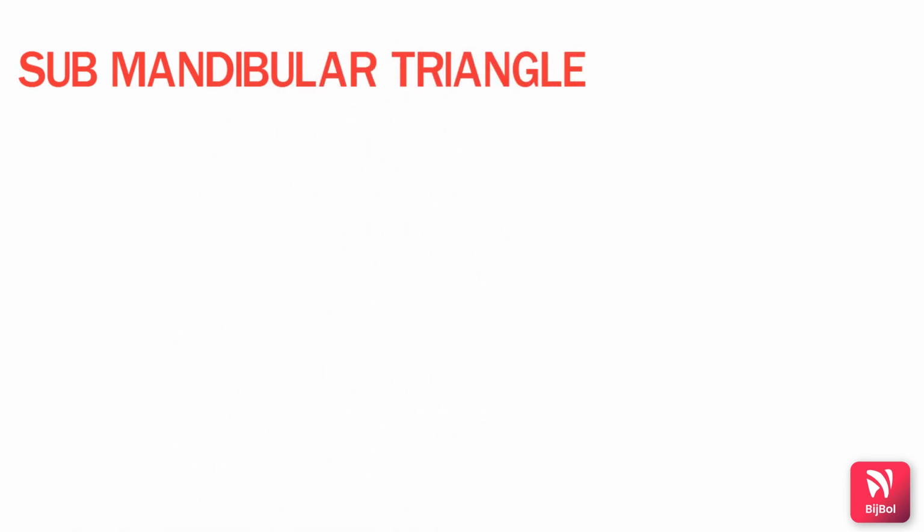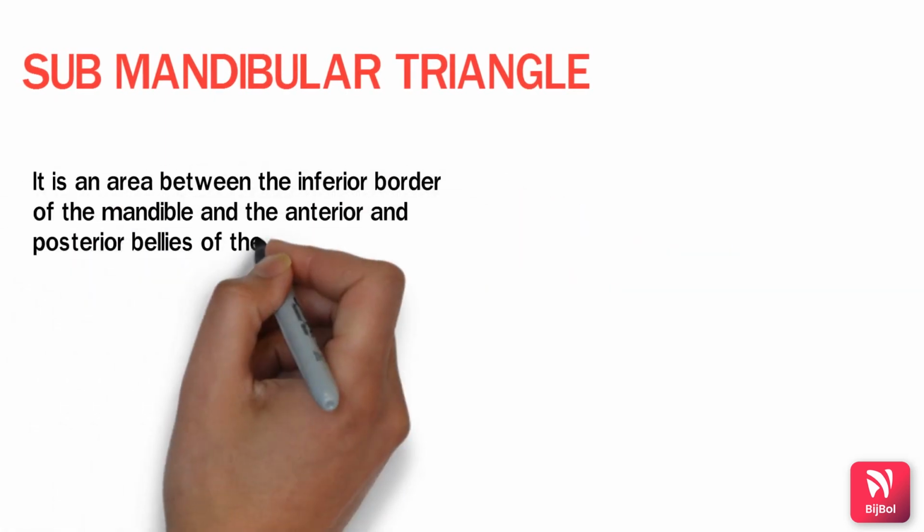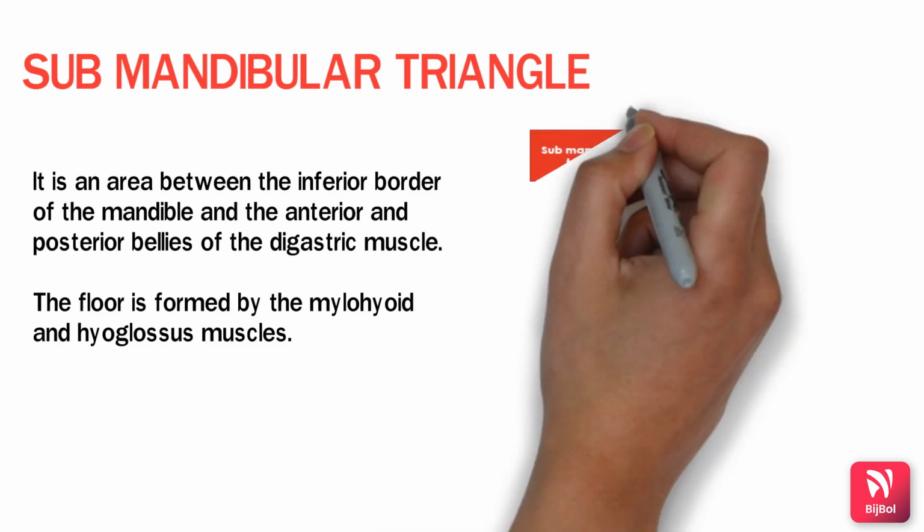What is the submandibular triangle? It is the paired triangle in the anterior triangle of the neck. It is an area between the inferior border of the mandible and the anterior and posterior bellies of the digastric muscle. The floor here is formed by the mylohyoid and the hyoglossus muscle. So what is the submandibular triangle? It is bounded by the inferior border of the mandible and the anterior and posterior bellies of the